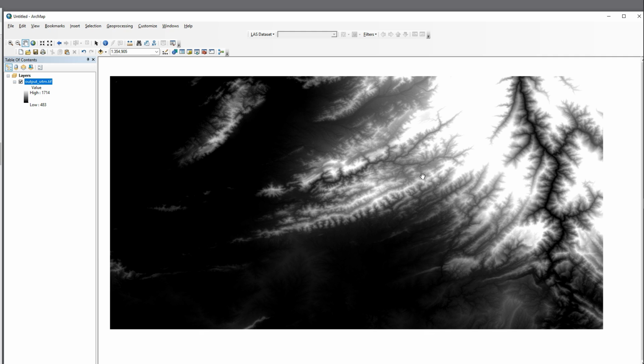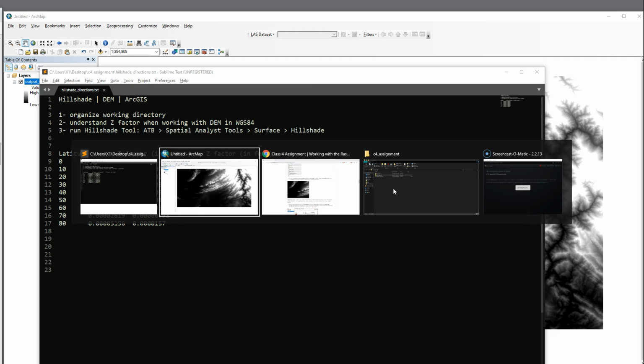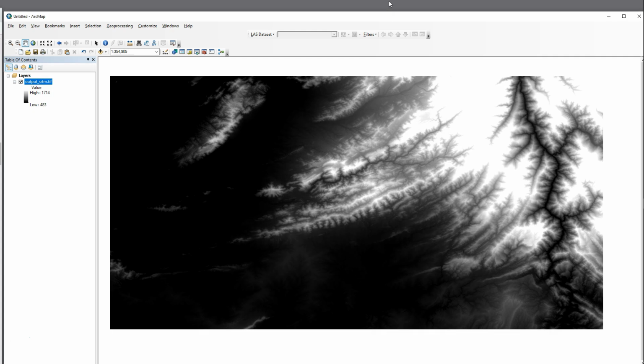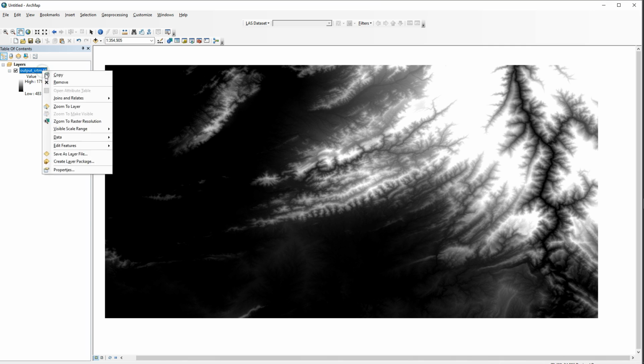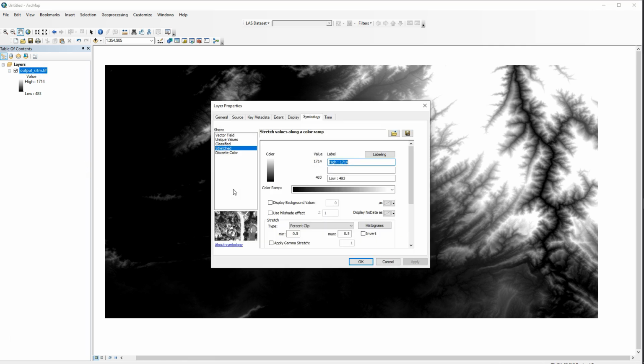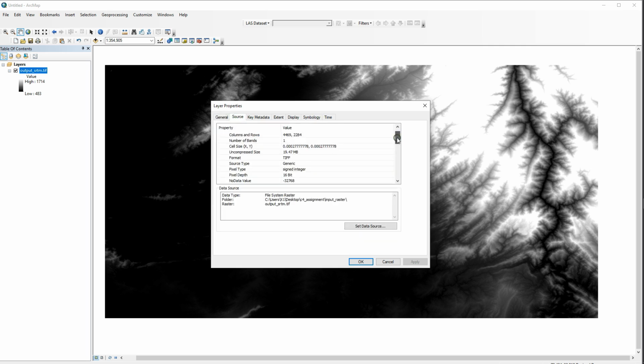in the original raster. So the first thing we want to do here is, let's take a look at our directions. We want to understand what a z-factor is. So let's go take a look at the z-factor in ArcGIS. So currently, if we take a look at our units, they're in decimal degrees. So if we look at the product, let's go down to properties and review the product. Under source here, we can see that cell size is in decimal degrees. And we can continue down a little bit here, and we can see indeed we have an angular unit of